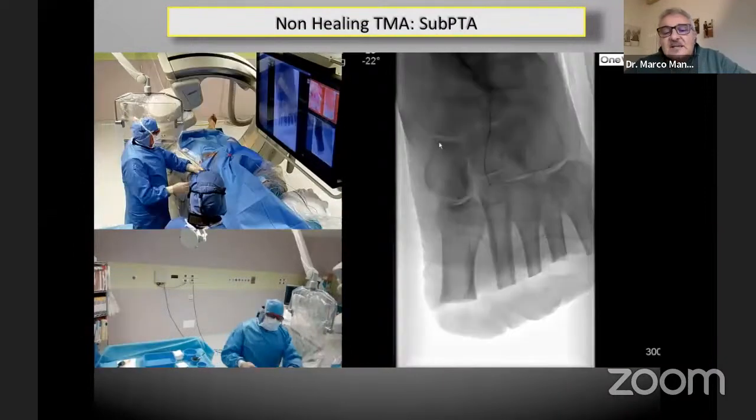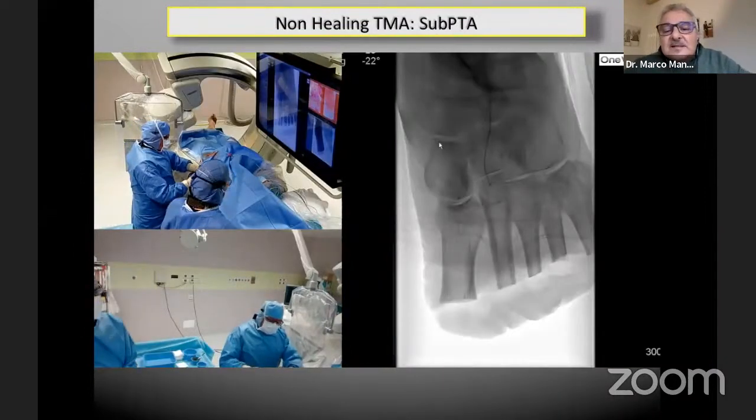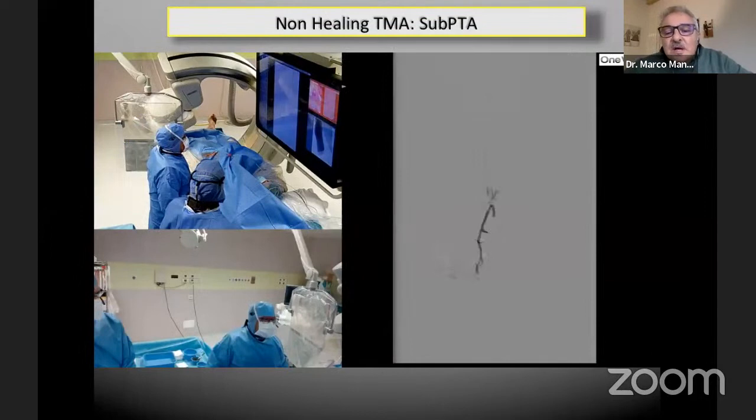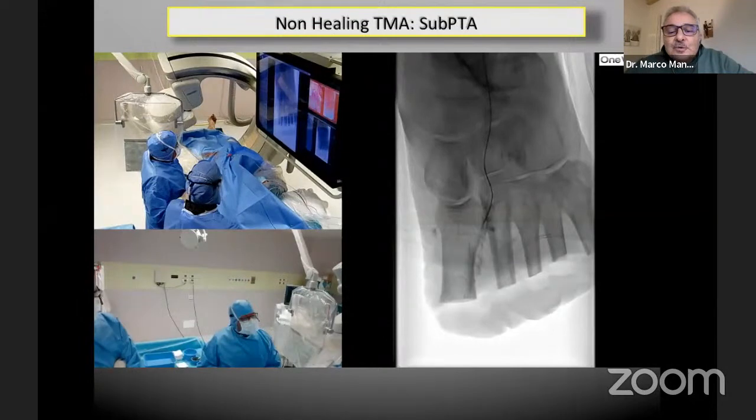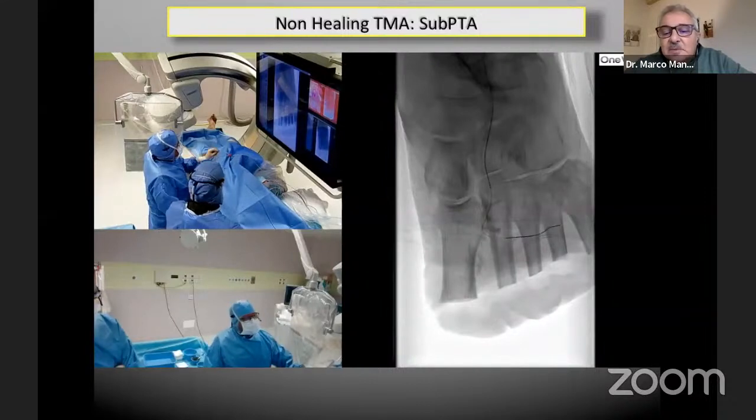You can see here that the wire seems capable of following the anatomy, and in effect you can see here that there is an outflow, there is the possibility to arrive in a patent arch still existing after the amputation, of course, but we could not appreciate this